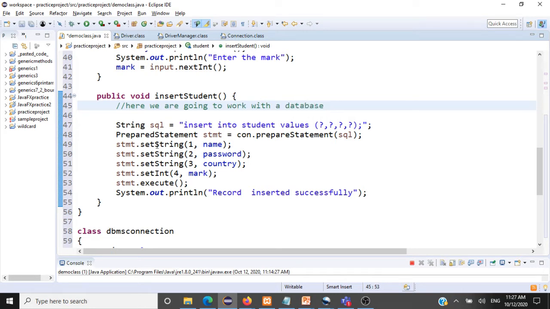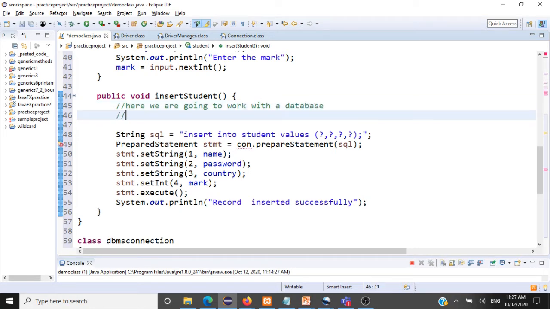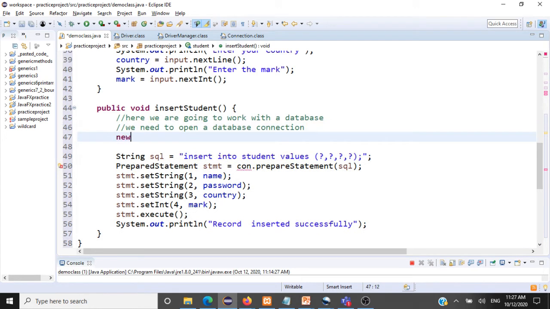So before even inserting a record, we need to open a database connection, and we have to mention which database we are connecting to. For that we'll be utilizing our DBMS connection class. Let's create an object of type DBMSConnection.